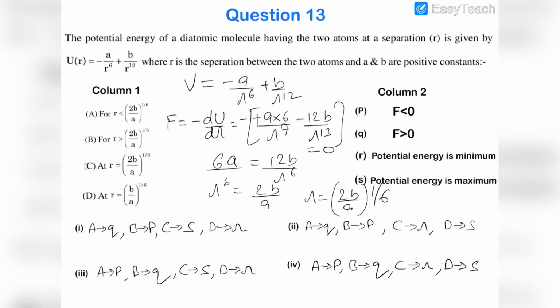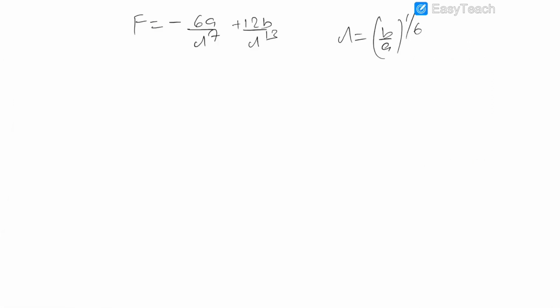So if we substitute this value, f would be equal to minus 6a upon r to the power 6, which is b by a, and this is r, plus 12b upon (b upon a) whole square